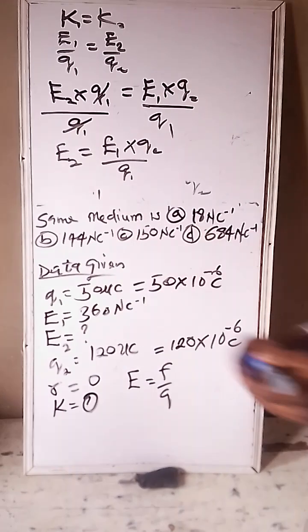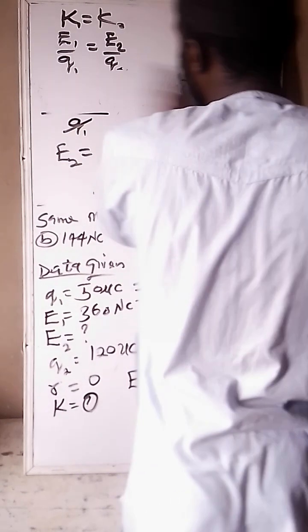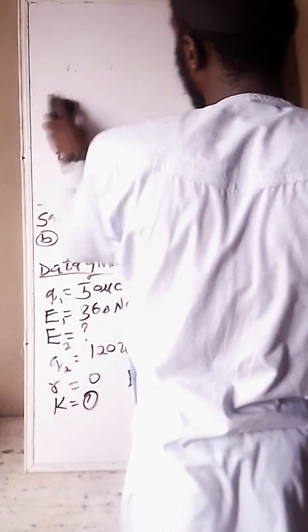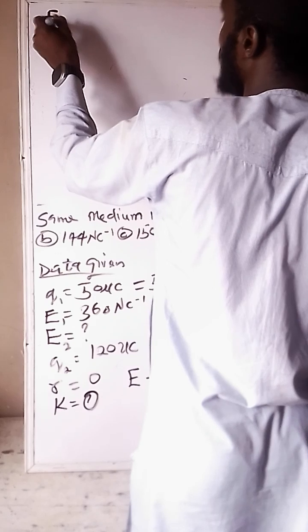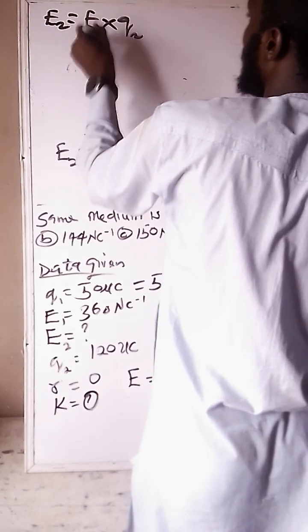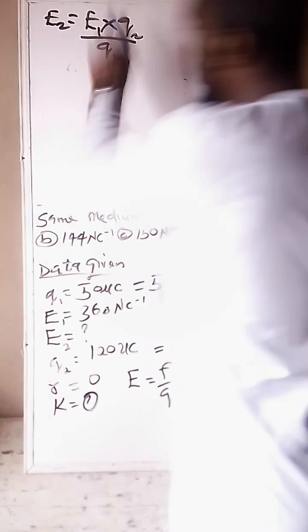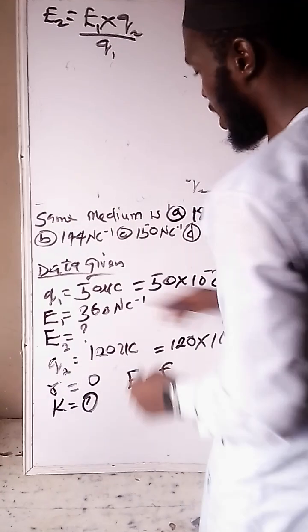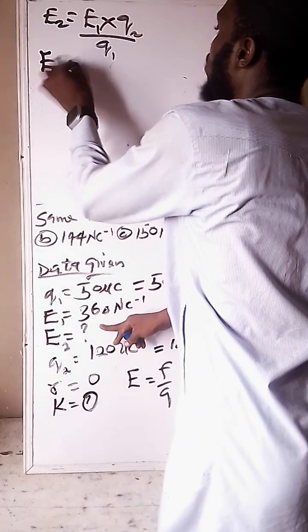Then substitute in your parameters. What are the things that we need to substitute here? Let me erase this. Sorry, my board is too small. Let me erase this and bring this up. We have E2 equals E1 times Q2 all upon Q1. Let's try and put into this. This is the formula I'm going to use. What is our E1? Our E1 is this. For us to get E2, E1 is